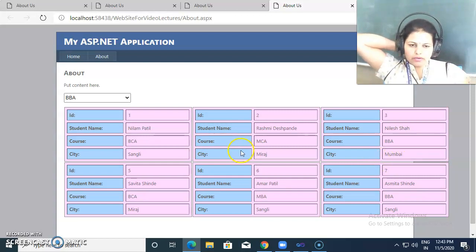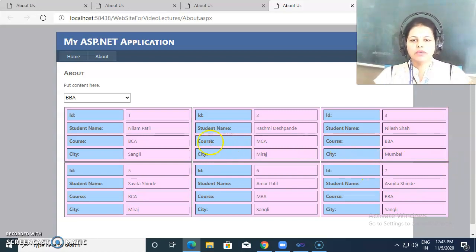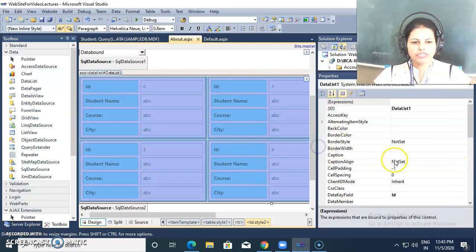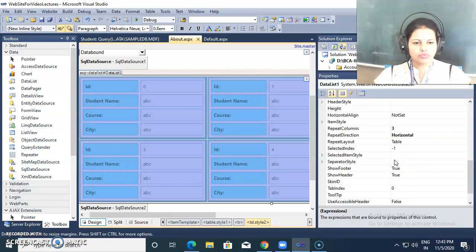So you may change the width of this entire data list and fit inside actual page width. If your data is going outside the window, then you can set at one row only 2 student data. So I'm changing the repeat column property as 2.